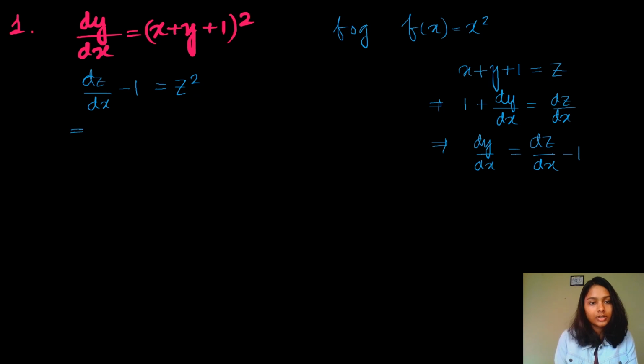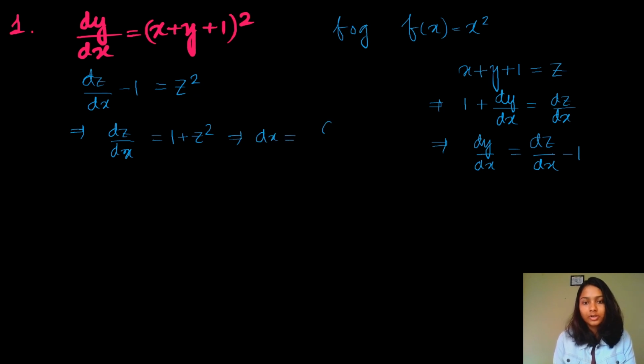So dz/dx equals 1 plus z square. Now we can separate those variables z and x, and ultimately we will obtain dx equals dz divided by 1 plus z square. So x equals tan inverse z,